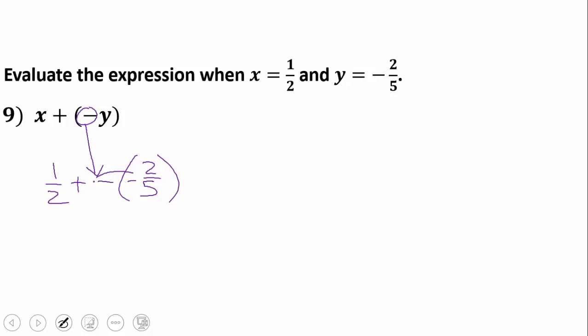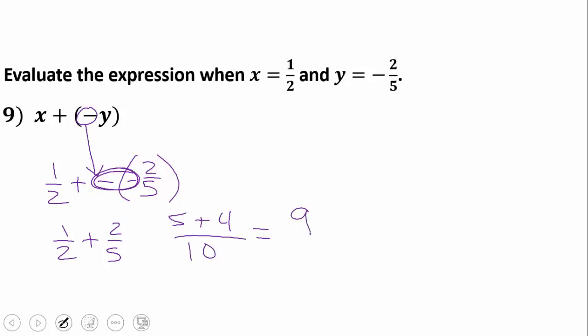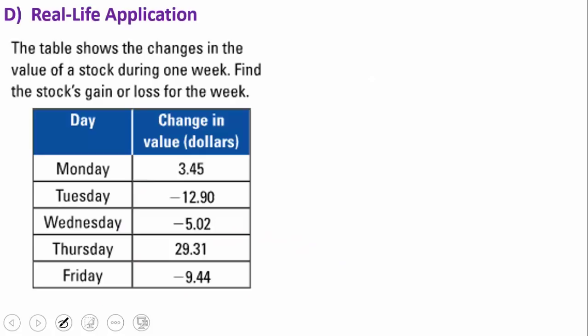But just know, anytime you have a negative, what is that going to be? That's right, it's going to be a positive. So you end up with 1/2 plus 2/5. All right? And 1/2 plus 2/5 is going to be over 10. That's 5 plus 4. This is a positive 9/10. All right? It's just substituting in the number and doing the appropriate math, following order of operations, using integer rules,